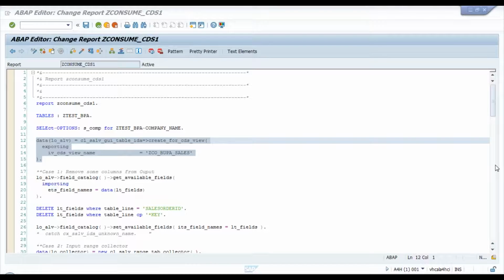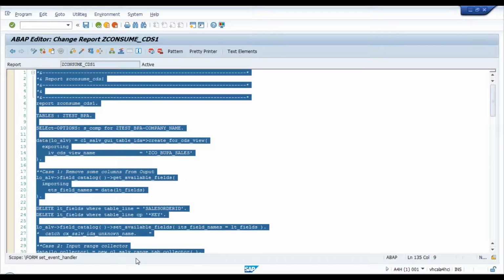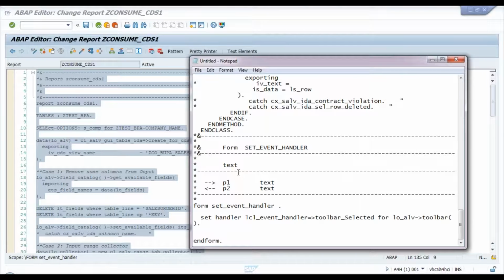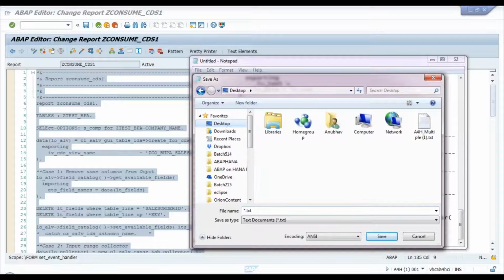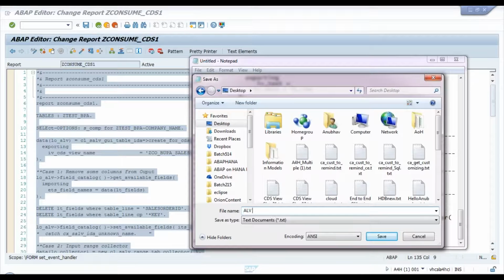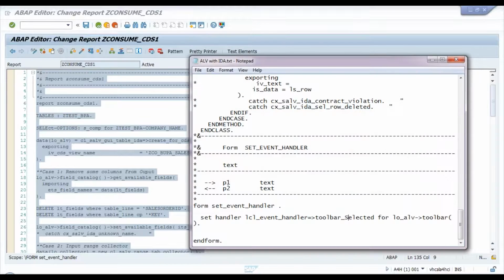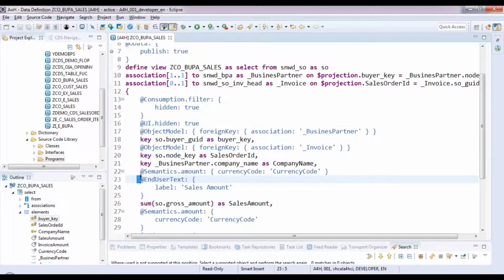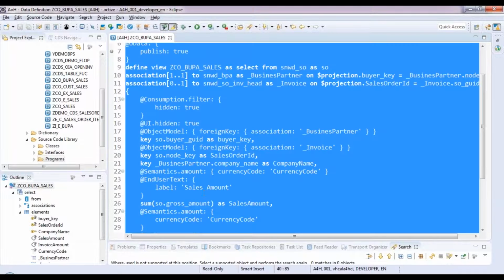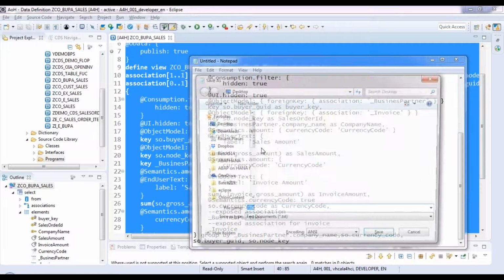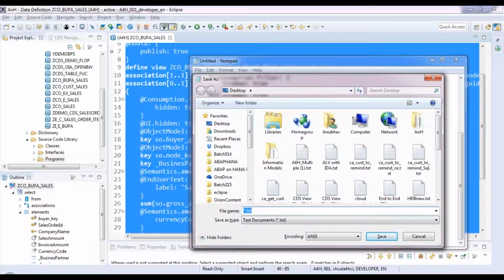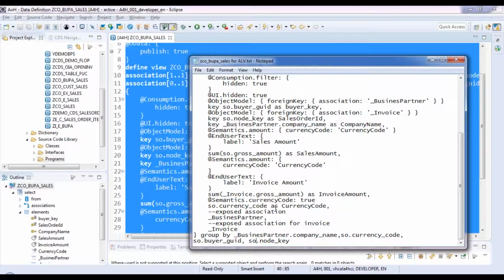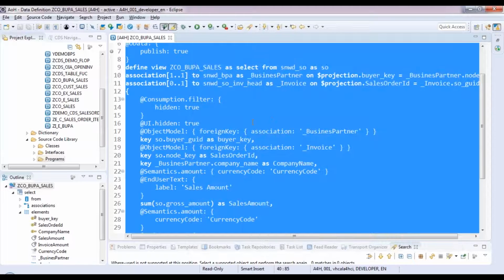Okay, please upload this code also. I will do that. Let me take this code into a notepad, which would be very helpful for you. Let me save this on my desktop, and I say ALV with IDA. In fact, I will also upload the CDS view corresponding to this, where we had created one annotation for end user label. I'll take this CDS view from here, and I'll also save this, say ZCO Bupa sales for ALV. I will upload that. In fact, I have also uploaded all the code we have done till date